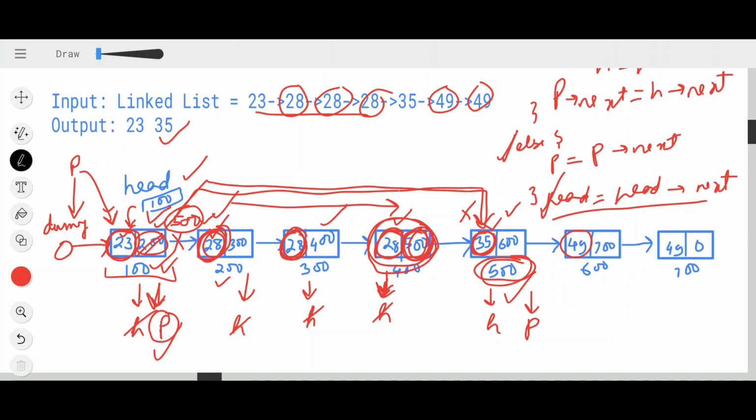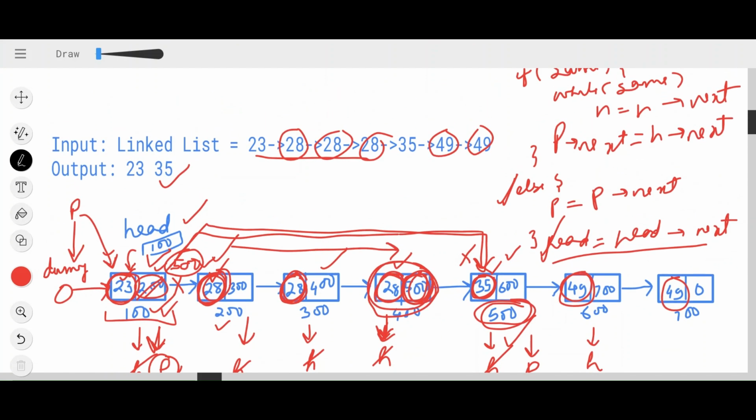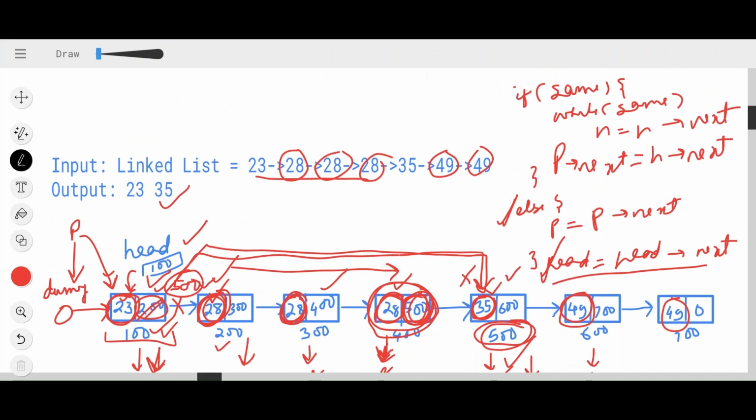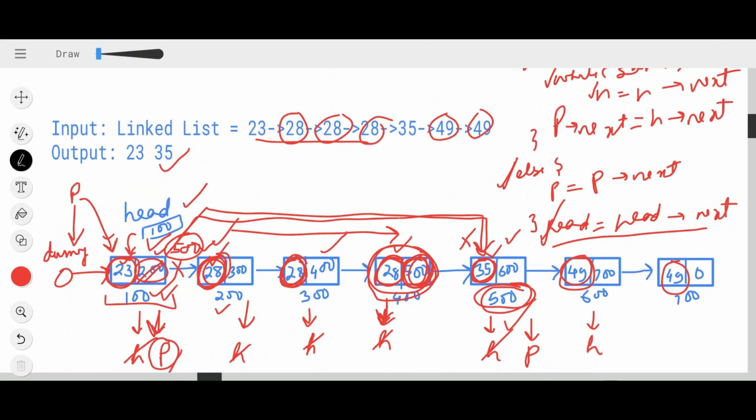And this will again get executed. Now you move your head pointer ahead. Your head will now point here. Now again check. Is the data of this node and the data of this node same? Yes, it is same. If the data is same, what will you do? Until and unless you are getting a different data, you will simply move your head forward. So let's see. This is your head. These two data are same. So move your head forward. Your head is now pointing to here. Now, do we have any other node left? No. It is only the single node that we have.